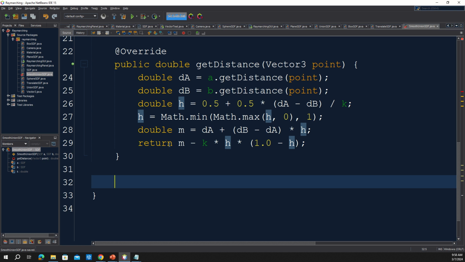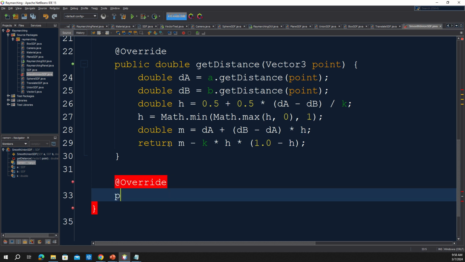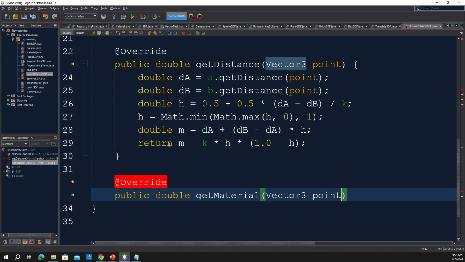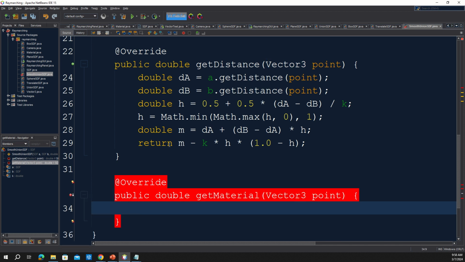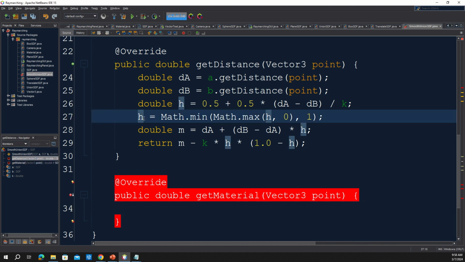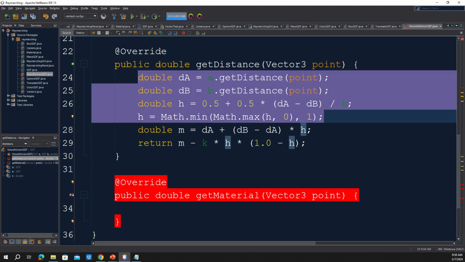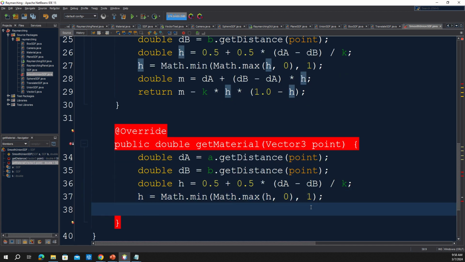Alright, now though we need to blend the two materials, so when we get the material, that material needs to be blended between the two. So let's override the getMaterial, public double getMaterial, Vector3 point. Okay, so we kind of need to repeat some of the same calculations here, because this H value is going to be the ratio that we're blending the materials to. So we just need to redo these lines here to calculate H,